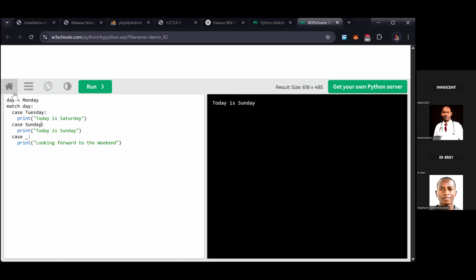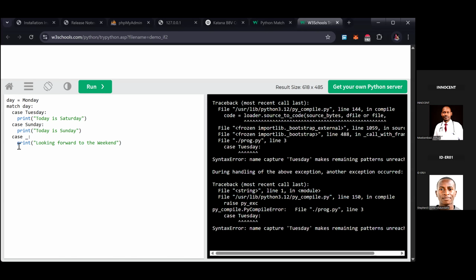As you can see, we are trying to match what is in this variable, and our case that is Tuesday doesn't match what is in our variable. So this is going to go to the default value. So if we print this, we should be getting